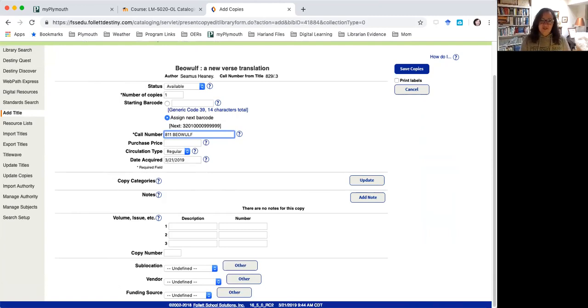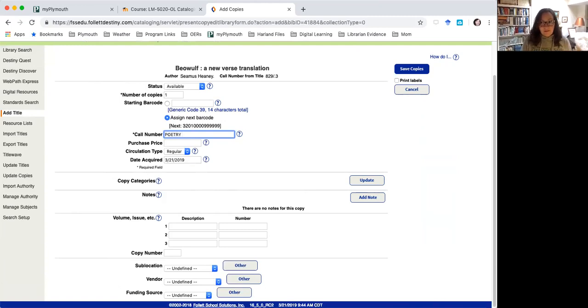So you could do that. So everything ends up in the 811s. Every poetry book we get could potentially just go in the 811s. And then they're alphabetical by the author, or in this one, because it's really a translator, we don't know who the original author of Beowulf is, we could do it by title. So it's up to you as the librarian and how you think your students would think about how to access this information. Another option would be,